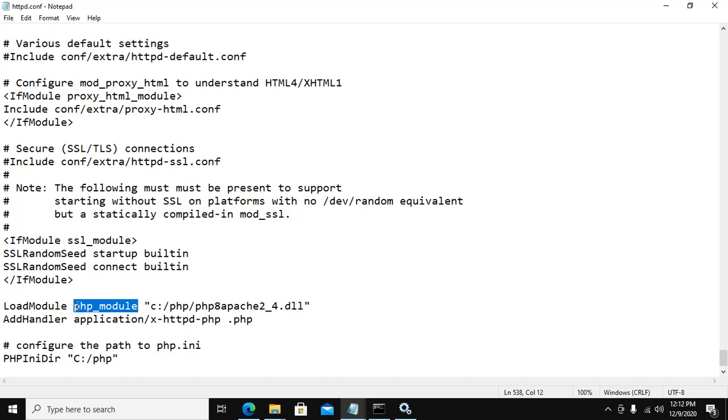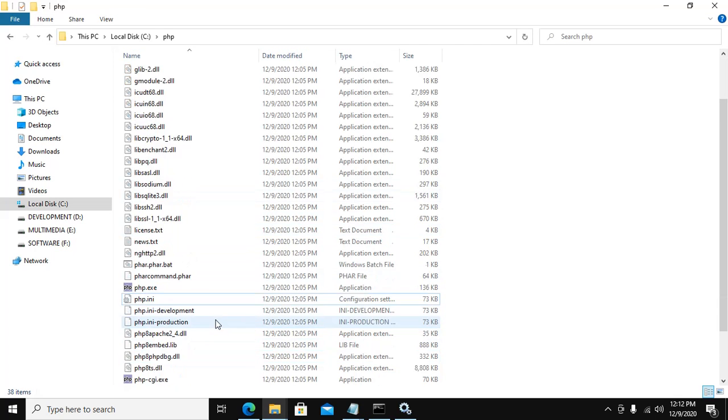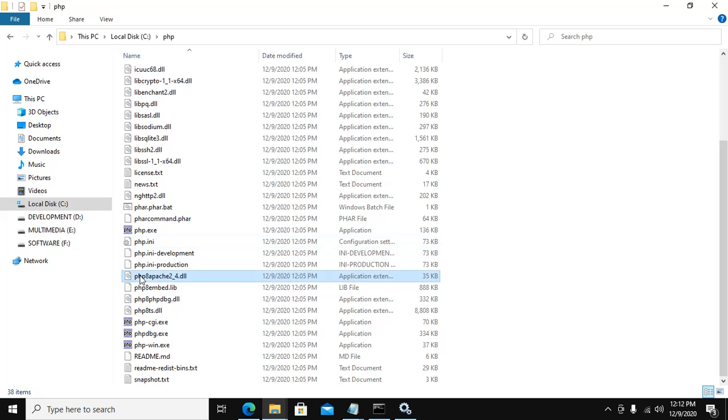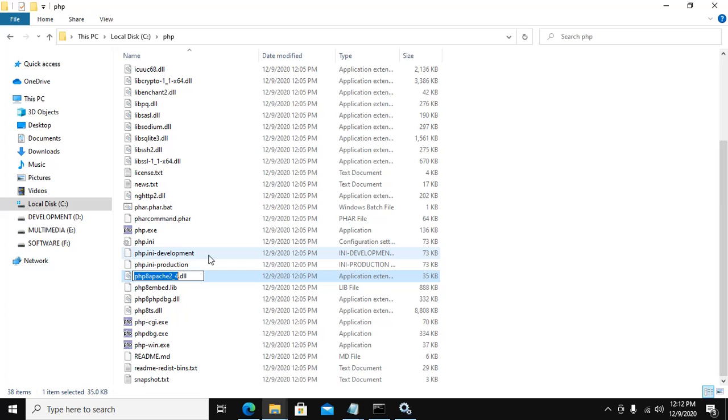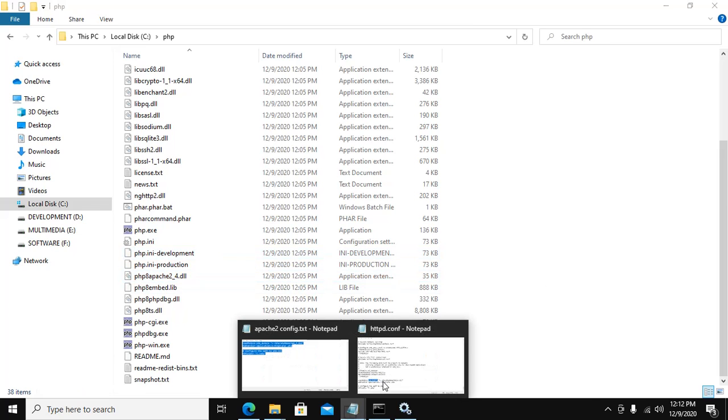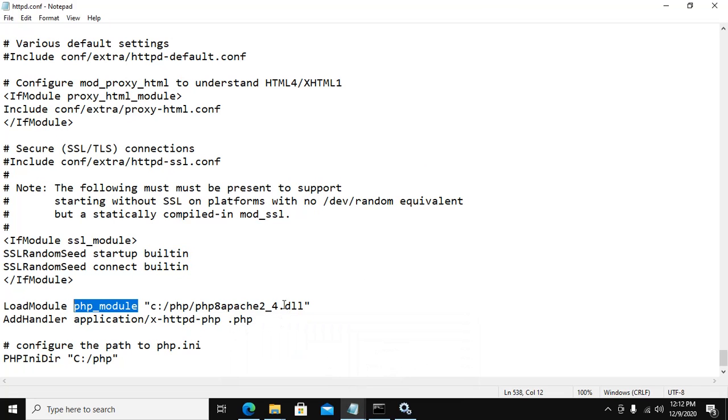Save this file and see here php8apache2_4. Copy this and see here same name. Okay, save this